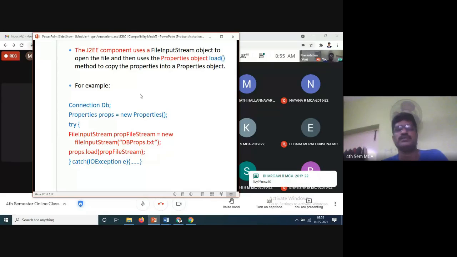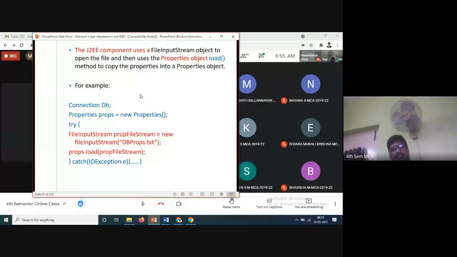For example, now a connection, just a normal connection, Connection DB, Properties, object name, new Properties. The object name is nothing but props, which we have taken here. Try, FileInputStream, whatever you are using, propFileStream is equal to new FileInputStream dbprops.txt, the database properties text file.